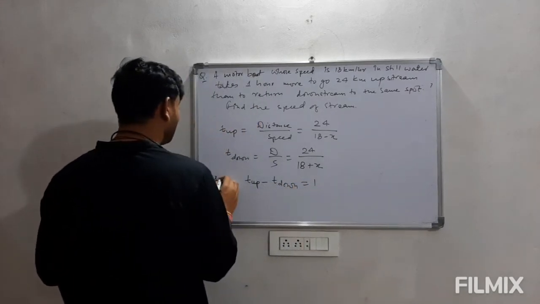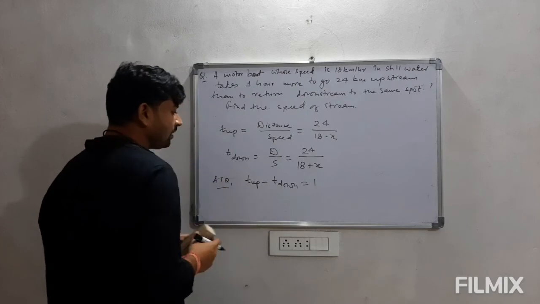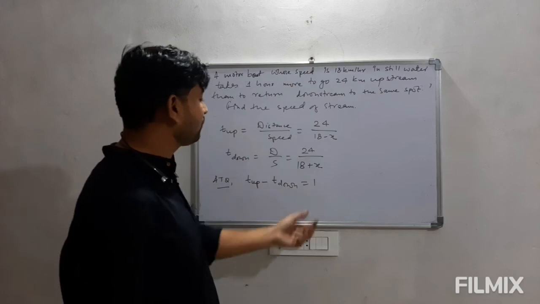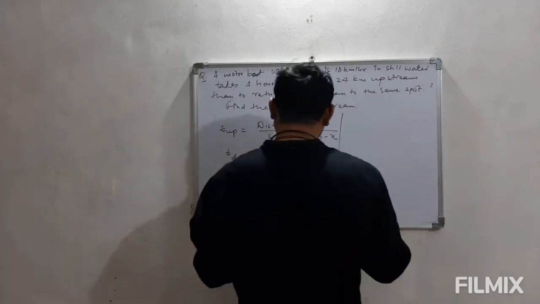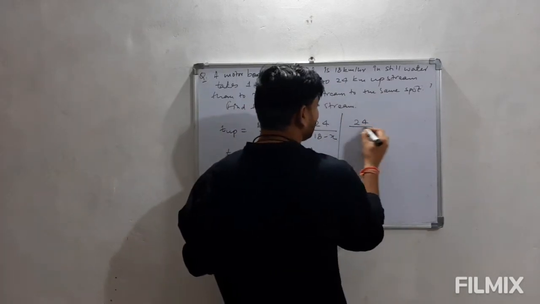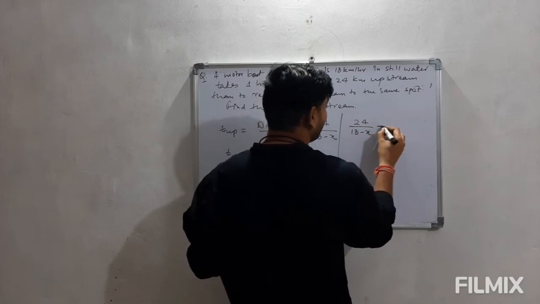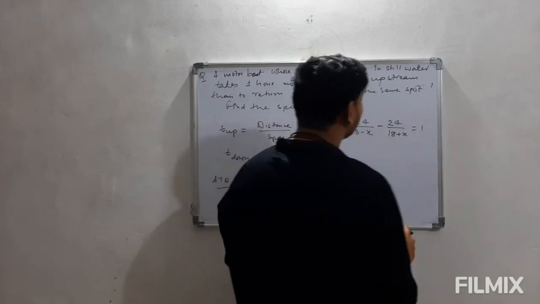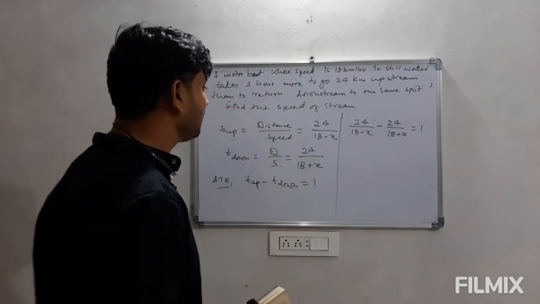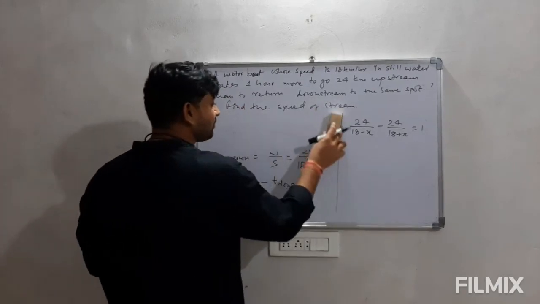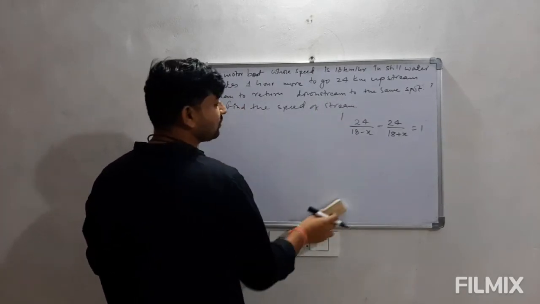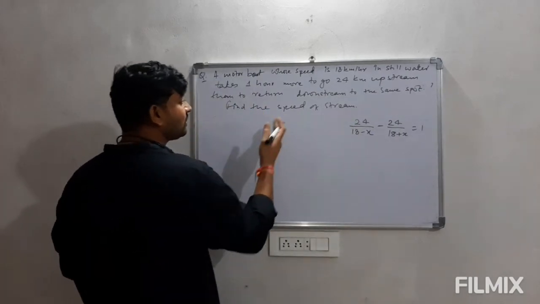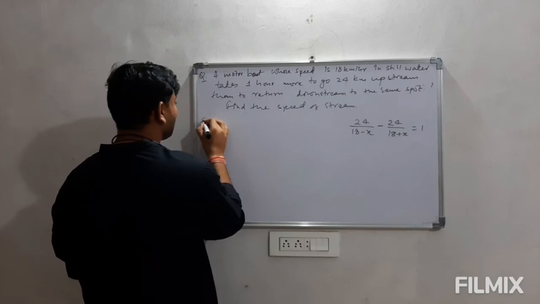This is according to the question, we have been told that in going upstream it takes more time, and that is 1 hour. So from this what we are getting here is 24 upon 18 minus x minus 24 upon 18 plus x is equal to 1. Here this is the situation from where we can solve the equation and get the value of x, so that we have the speed of stream. Now let us solve this